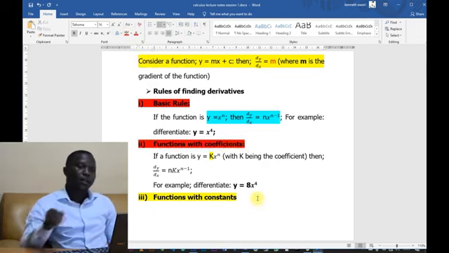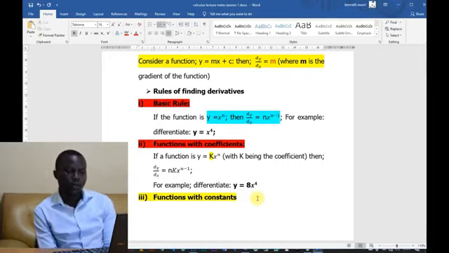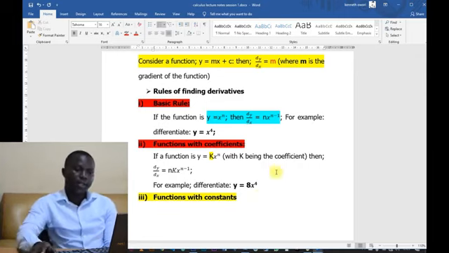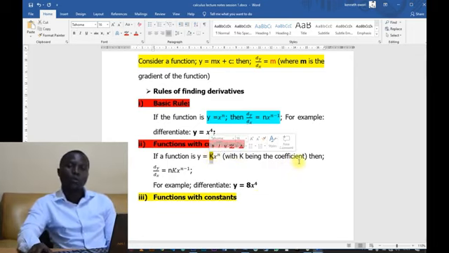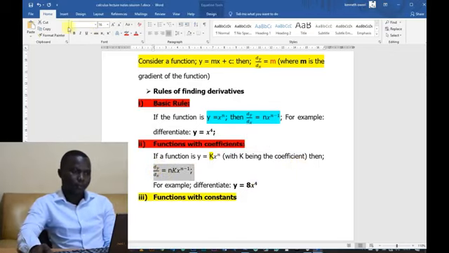with coefficients. So whenever we have an expression with a coefficient, for example, a function y equals kx power n, with k being the coefficient, then how do we find the derivative? So we find that the procedure doesn't divert away too much from the basic rule. Still the basic principle applies, whereby we multiply the expression inclusive of the coefficient by the power, and then reduce the power by 1,